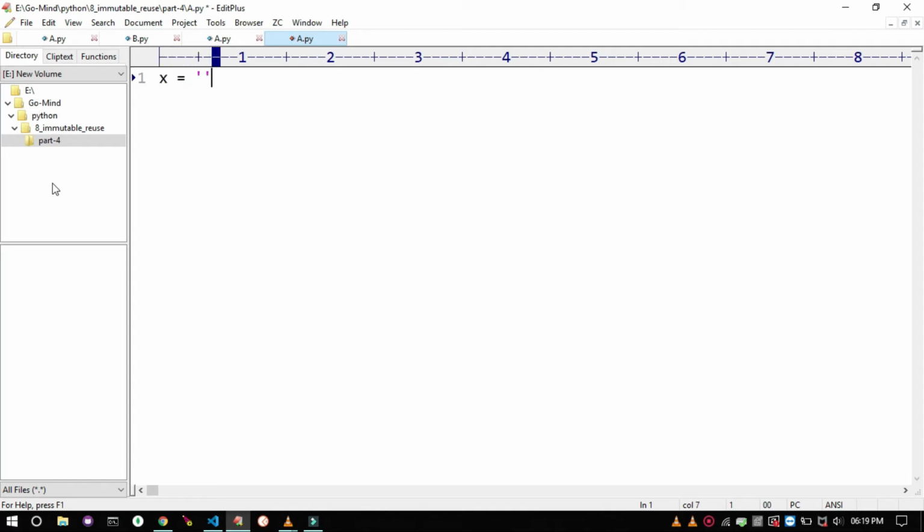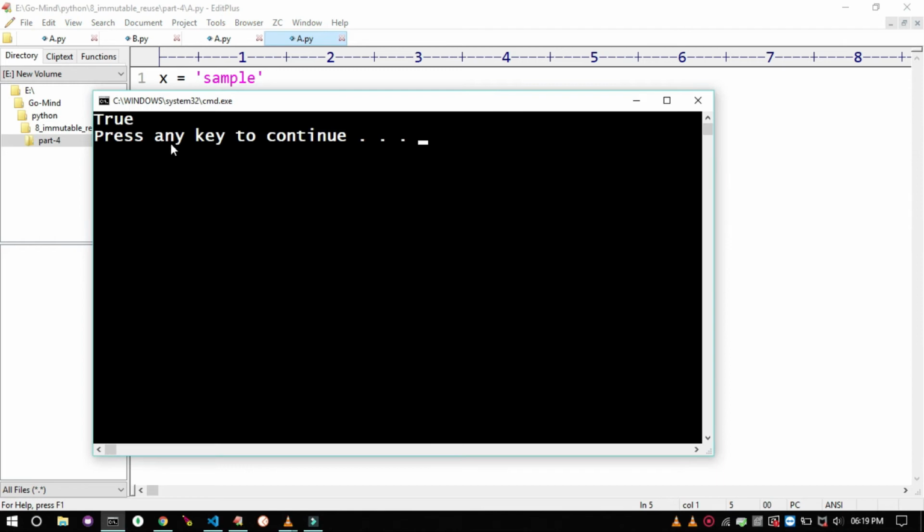Let X is equal to sample and Y is equal to sample, and print X is Y. These two strings have the same value, and we know string is immutable, so the result of X is Y must be true. So let's see. Running A.py. True. Okay,